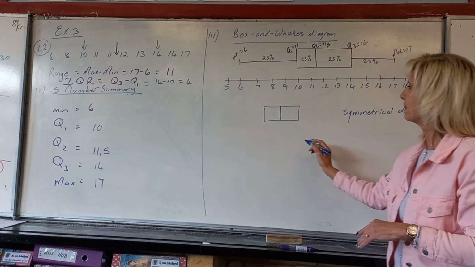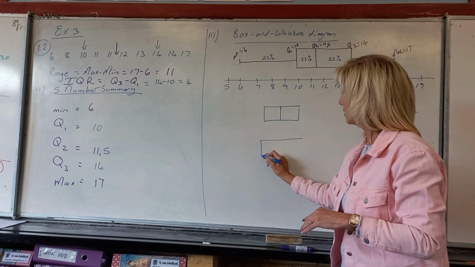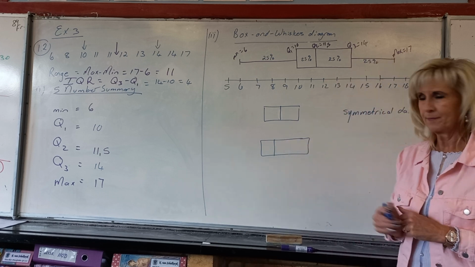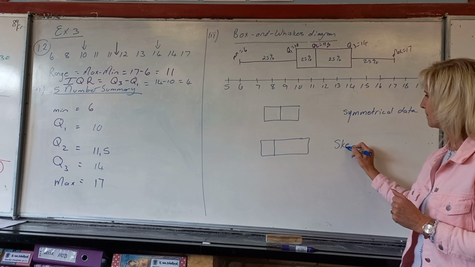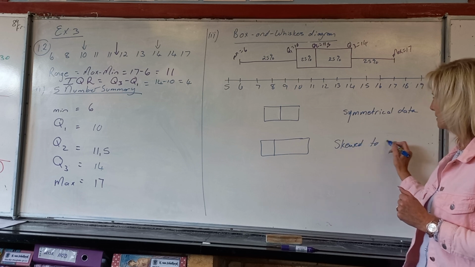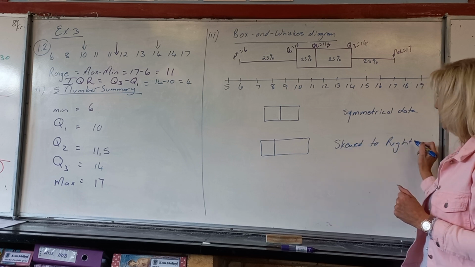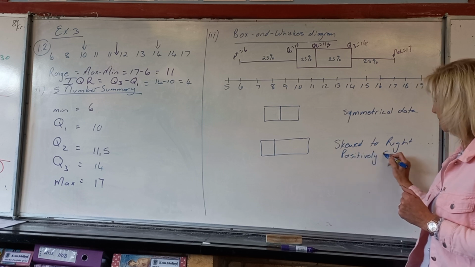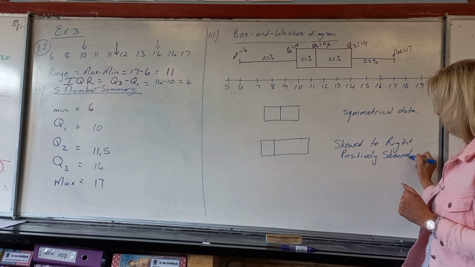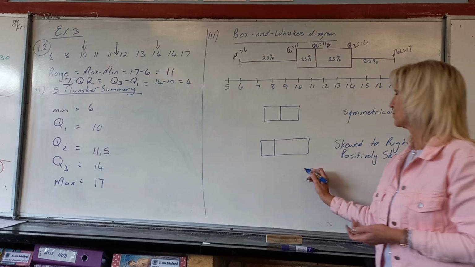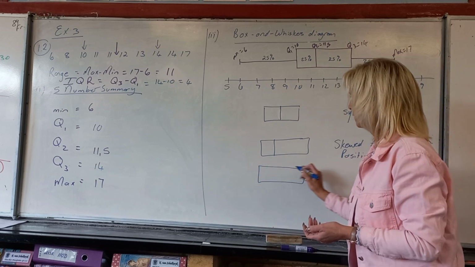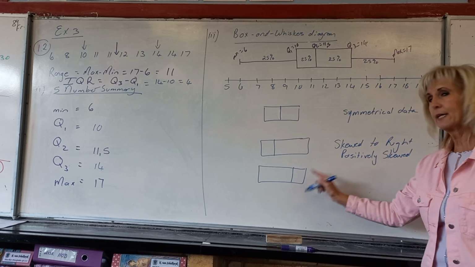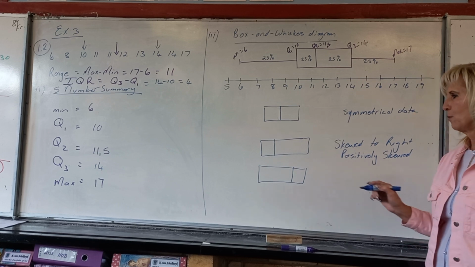Okay, let me explain. So if your little box has a big fat right hand side, we're going to say it's skewed to the right. Or the other word is positively skewed. So guess what happens over here? Skewed to the left. Will be skewed to the left or negatively skewed. But then what about